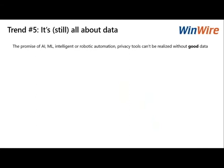Okay, so going to trend number 5, and this is one that I talk about, and I get it when I'm in rooms. I often see some eye rolls and people say, hey, we've been talking about data for the past several decades, and you're not really talking about anything new. And I'm saying, well, yeah, it's still all about data. And this may not be so much a trend as it is a warning, but really all of those things we just talked about, AI, intelligent automation, the machine learning tools that are available as part of these platforms that are out there today, and the privacy and security tools, they need good data. And that probably goes without saying, but I think I still see a number of organizations that I work with,